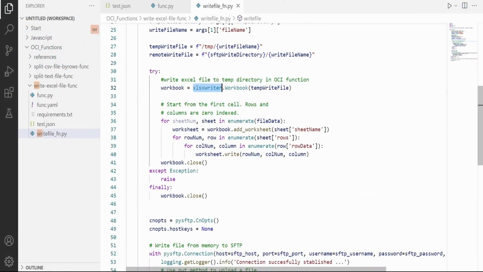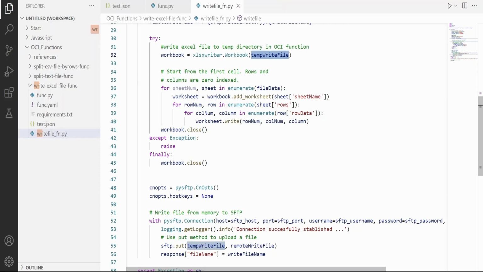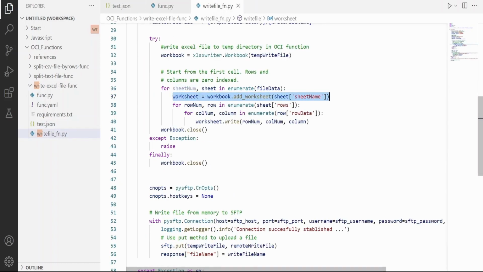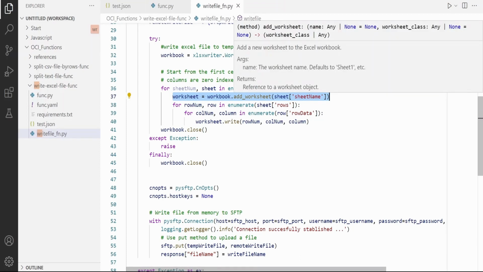Next, we are going to make use of the xlsxwriter Python module over here, and we are going to write the file into a temporary file location. Next, it will iterate over the sheets, that is nothing but this. If there are two sheets, it will iterate twice. If there is one, only once. It will try to add a name for this sheet with the help of this add_worksheet function available in